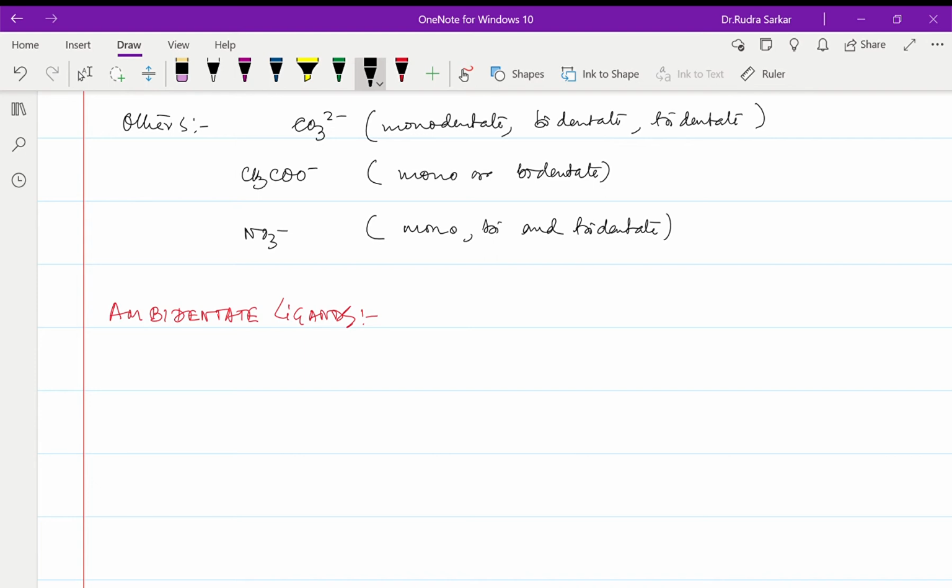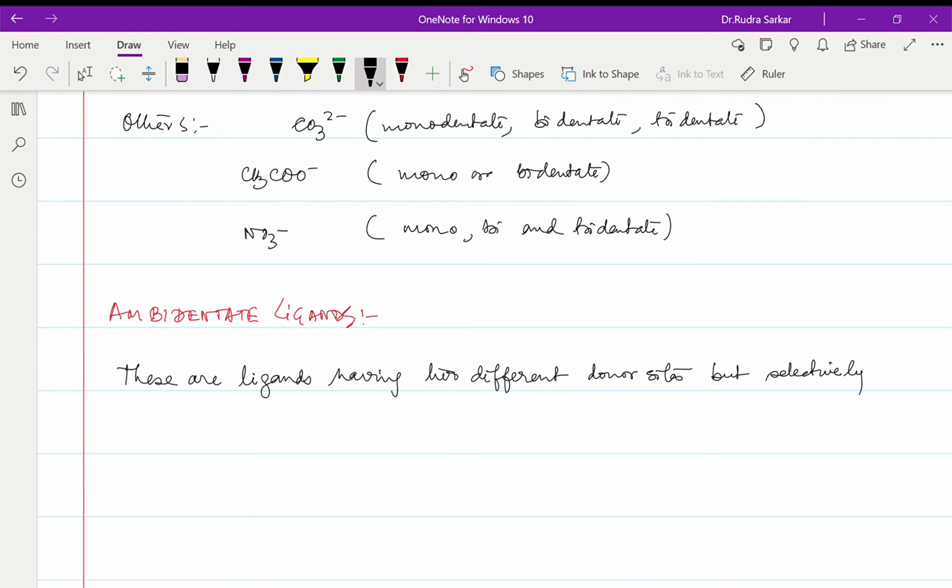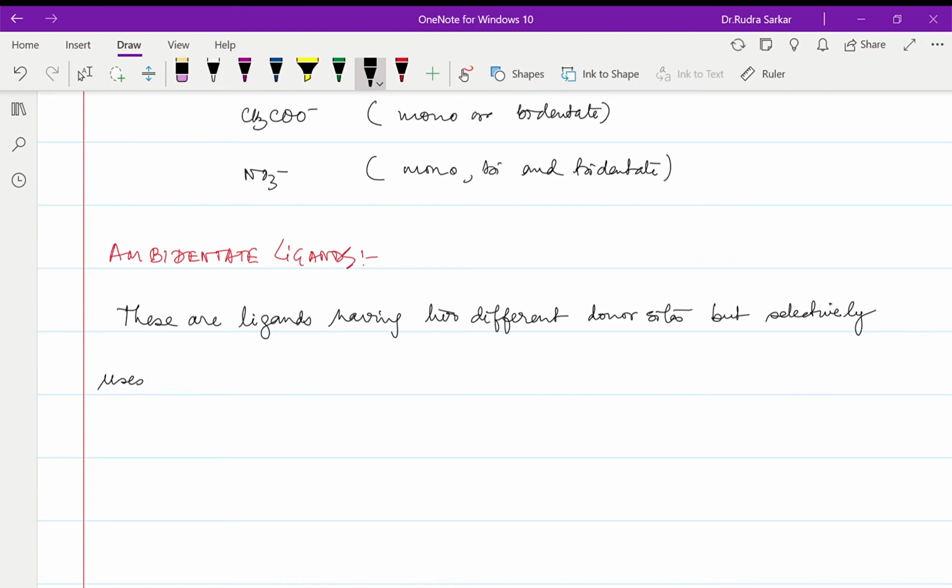Now here, in terms of ligands, we will say these are ligands having two different, not similar but different, donor sites, but selectively using one. Suppose you have a nitro group and there is an electron pair on the nitrogen, so it can come from the nitrogen. There is also an electron pair on the oxygen, so even the oxygen can give its electron. So this type of ligand, we will say is